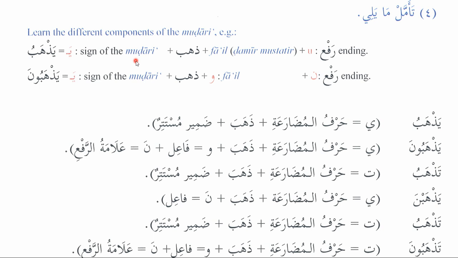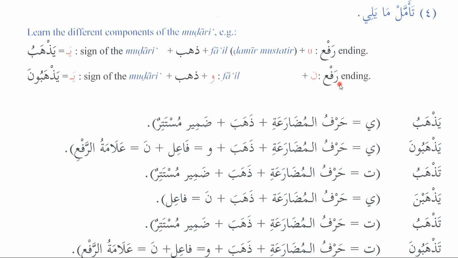Ya is the sign of mudare, and that is the ghayab group, plus dhahaba fail, as I have already explained, and then the damir ending. So what is the damir ending here? The ba with dhamma. So our damir is hidden, mustatir, تقديره هو. Why هو? Remember the ya representing the ghayab, the huwa and the hiya. Then here يذهبون, you know, the ya representing the ghayab, the dhahaba fail, waw is our damir, and the noon,